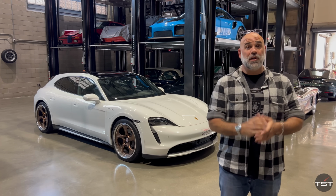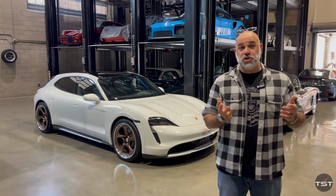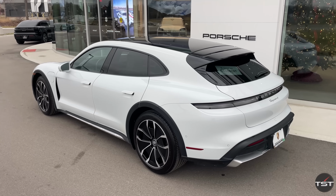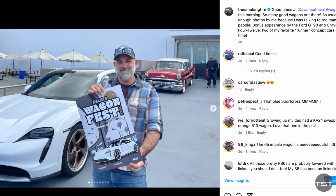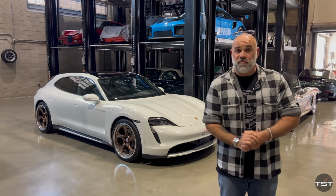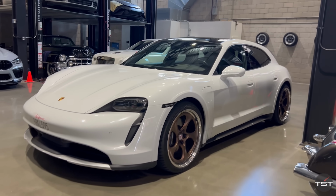6 months ago, a lot of you folks were really excited about the half-price used Taycan Cross-Turismo that I bought in Michigan and drove home sight unseen to California. Well, we've gone through it, we've been driving it, we've shown it, we've modified it, and many interesting things have happened for us to learn and share with you. In this video, we're going to get through as much of that stuff as possible, so let's get to it